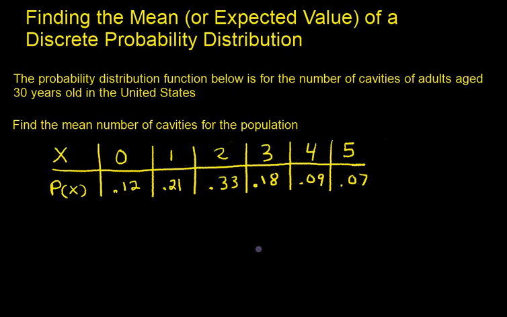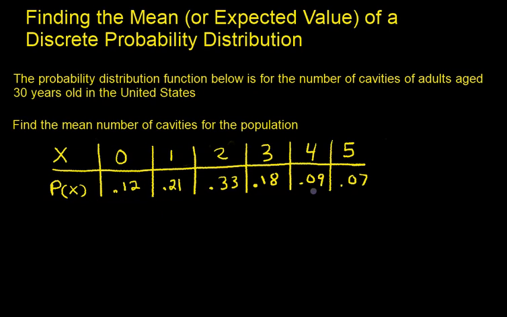In this video, we're going to discuss how to find the mean or expected value of a discrete probability distribution function. So what do we have here? This is a probability distribution function for the number of cavities of adults aged 30 years old in the United States. Since this is a probability distribution function,